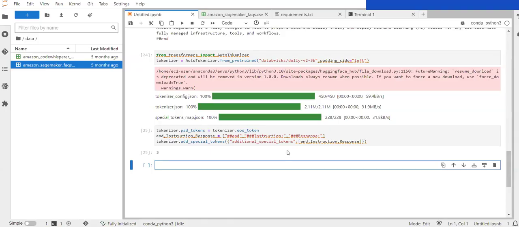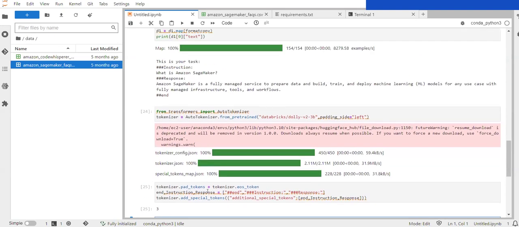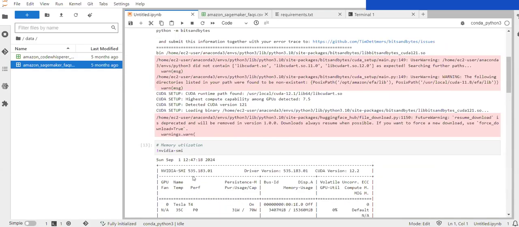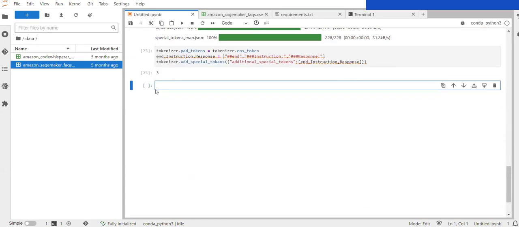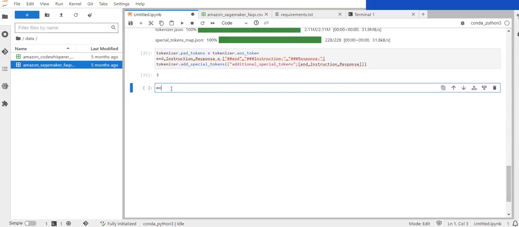Now we actually created our tokenizer with special tokens. Whatever special tokens we wanted to add, by using that we created a tokenizer. Now we need to update the tokenizer length as well, that is, we need to embed this tokenizer length in our fine tuning, or else you can say in our LLM model. So that's why I'm writing here model dot resize